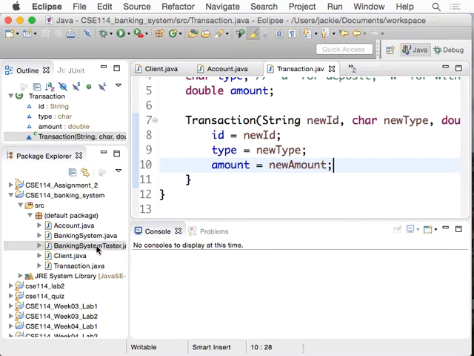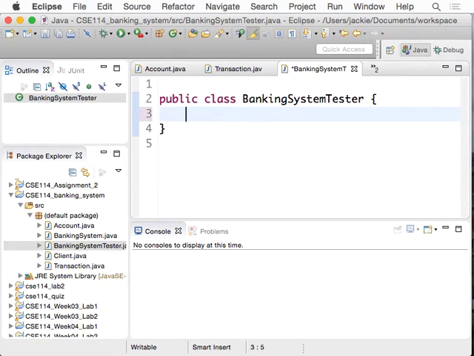If you go to the banking system tester there, let's see now over here. Let's say I would like to create two transactions, one for deposit, the other one for withdrawal. How am I supposed to do that? For each one of them, I need to give them some ID. For ID, I can just make it up myself. So let's say Transaction, right? That's how you create a new object. Let's say T1. Transaction T1 is equal to new